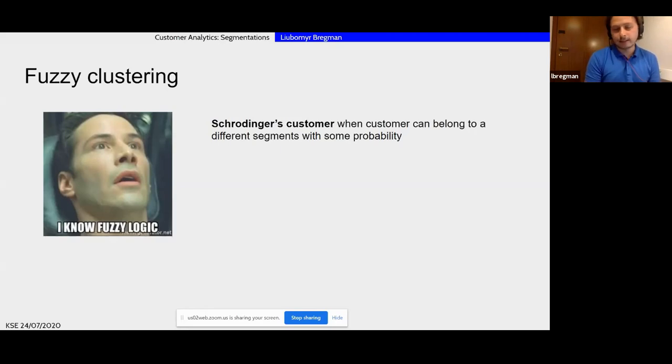Well, the truth is that all people are pretty unique and they can be a little bit like that, a little bit like that, and a little bit like cluster number 50 and a little bit like cluster number 30 and so on. And that's where the idea of this fuzzy clustering came from.